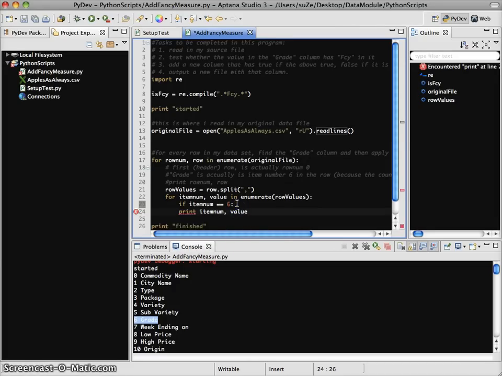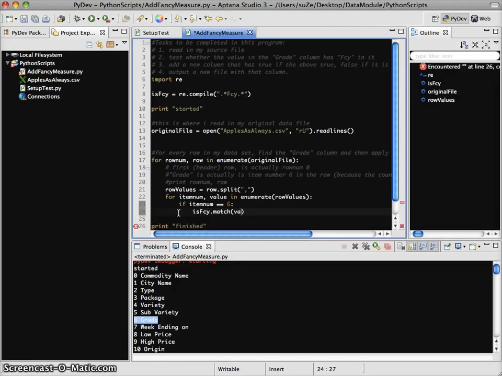That's different from saying, are these two things the same? And the way that we distinguish between that active assignment versus this comparison is by using an equals equals sign. Double equals is how we do that. And so then I'm going to put in this colon, and I'm going to say, hey, listen, if the item number is 6, then what do I want to do? Well, I want to test and see if it's fancy or not. So I'm going to say is fancy